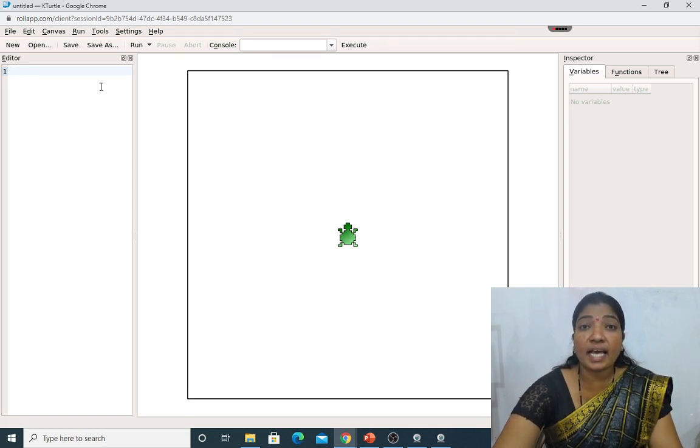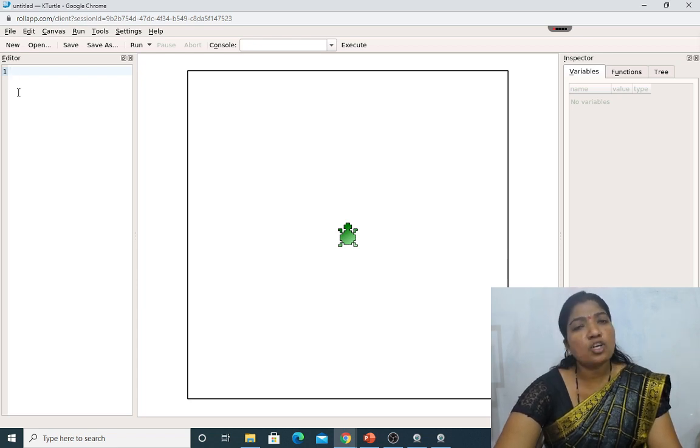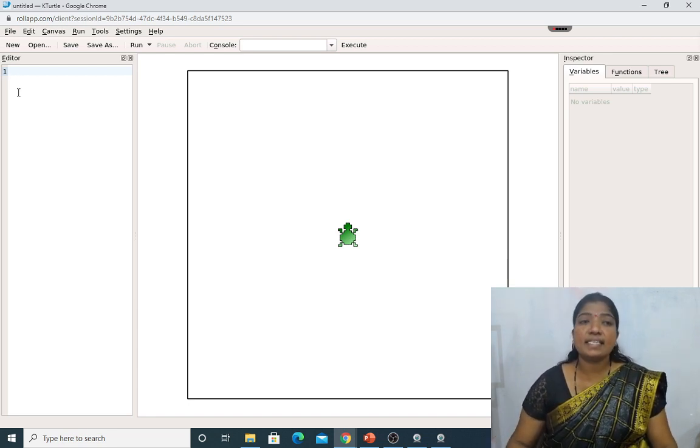The KTurtle editor includes the title bar, the address bar, the menu bar, toolbar, editor pane, canvas, inspector pane, and the last, the status bar. In the editor pane, we will be entering certain commands. Today only two commands will be used, that is print command and font size command.